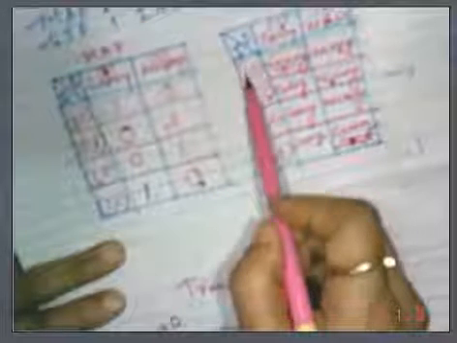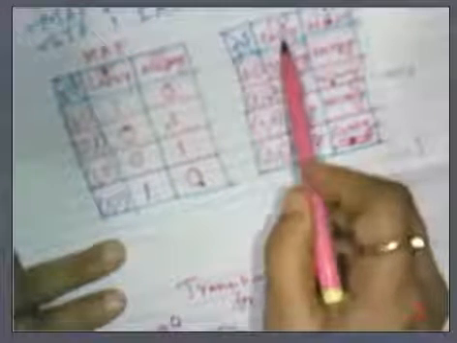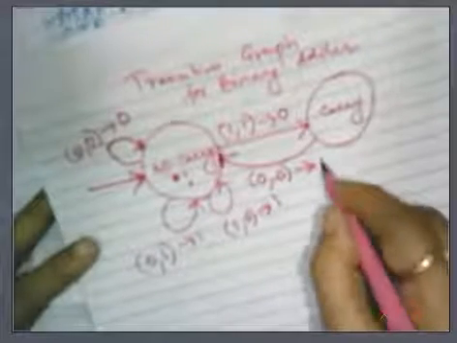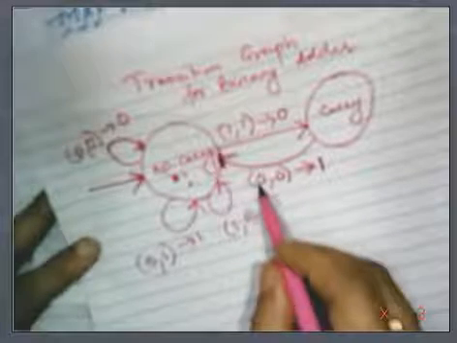When it is in 0, 0 and current state is carry, it is moving to no carry state. That's why I have written this arrow like this. But what output will it generate? For 0, 0 and current state carry, it is generating output as 1. So where will I reflect this? Here. So here my arrow is like this, from carry to no carry state, when my input is 0, 0 and it is generating output as 1.